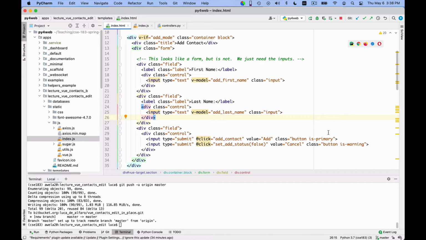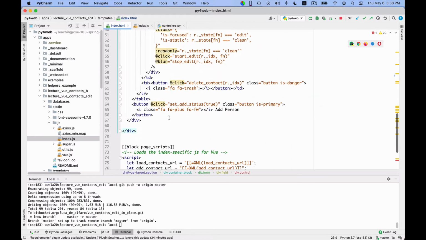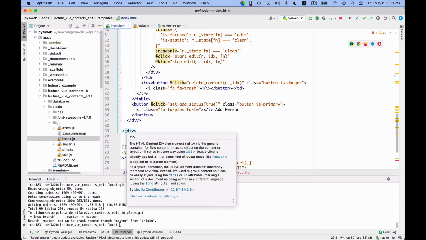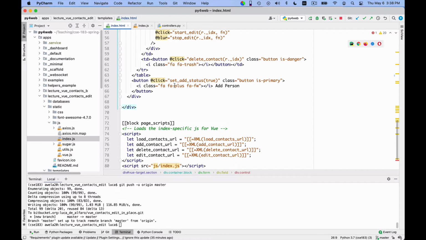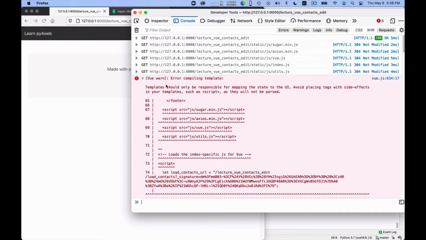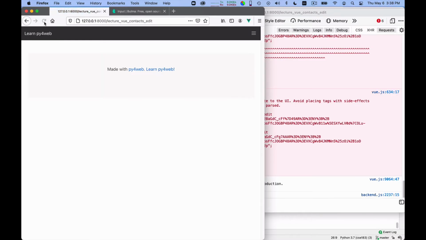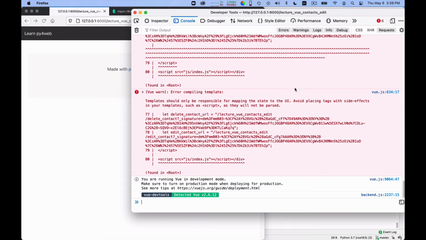But the message is always look at the console first, because if you have funny stuff happening, let's see what happens if I remove this close tag. Okay, this is an error, and it's signaled at the very end of it. You see, the problem is that in this scoping, if you remove an end tag, the tool will probably believe that there is a need for one extra here, or maybe at the end of the whole thing. So let's see what happens if this was the error. I reload. Oh, and again everything is broken. So you see, it's incredibly sensitive to errors in the templating, unfortunately, Vue.js.